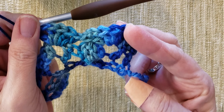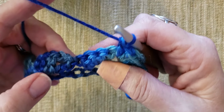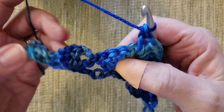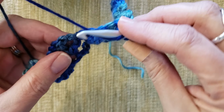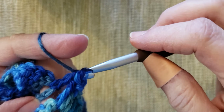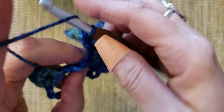So now it gets really easy because all you gotta think about is your chain 2 spaces, and you're going to go across to the chain 2 spaces, and you're just going to repeat the same thing over. So we're going to go to the next one, and we're going to double crochet 4,